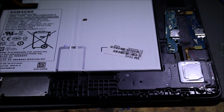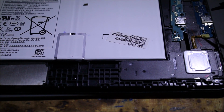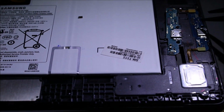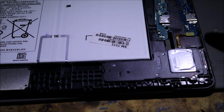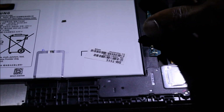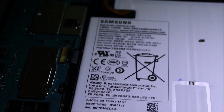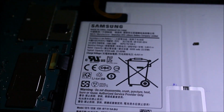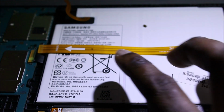Hi guys, in this video I am doing a port replacement, so I actually have the spare part. I already installed a new board with the charging port and everything, but then I noticed that we were getting some charge problems. It was still not charging. This ribbon needs to go here,